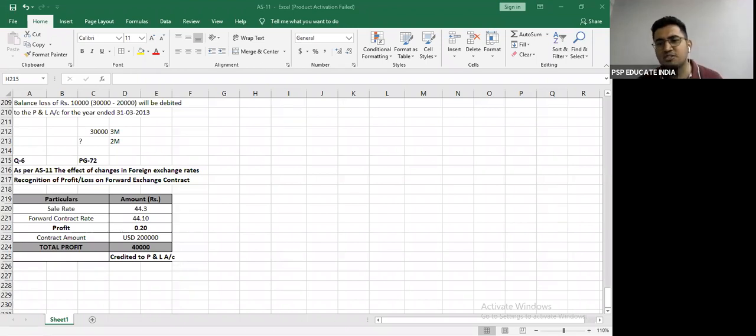Okay, perfect. Let's go to another doubt. So this is done. Now let's come back to Sprua's doubt. It says, my question is that if bank has fixed a rate of 44.1, then how will we get 44.3? Okay, Sprua, I have a question to you. My question to you is that suppose you buy a pen. You are a stationery shop owner and you buy a pen from a purchaser or from a manufacturer, right? Manufacturer will give it to you, say for example at 15 rupees, and the MRP printed on it is rupees 20.